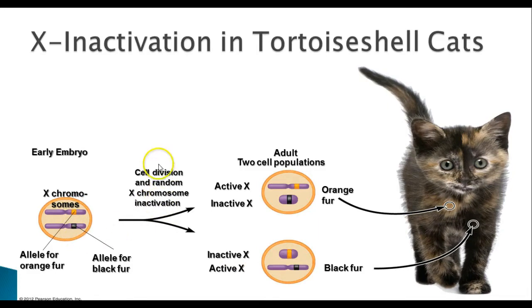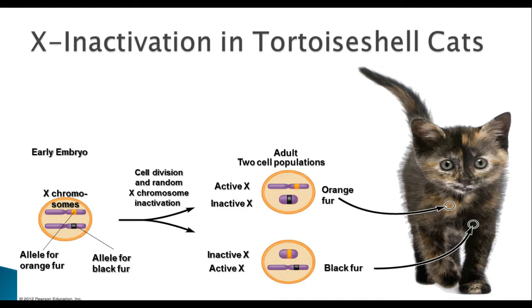Okay, and then you have those in the somatic cell. And so in the early embryo, you'll end up with a cross between those two things. Then as the embryo is developing, randomly groups of cells will turn off one X chromosome or the other. If you have a cell population that has the orange X active and the black X inactive, then you'll have a patch of orange fur like you have here in this tortoiseshell. Or if you have a patch that has an inactive X with the inactive orange allele and the active black allele, you'll end up with patches of black fur, and this produces something called a tortoiseshell cat.